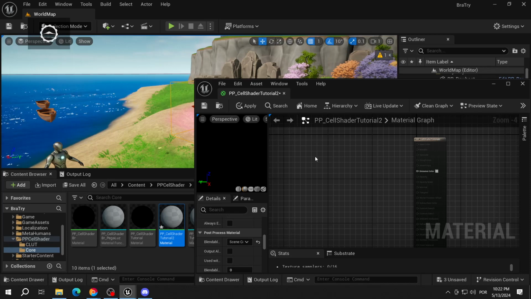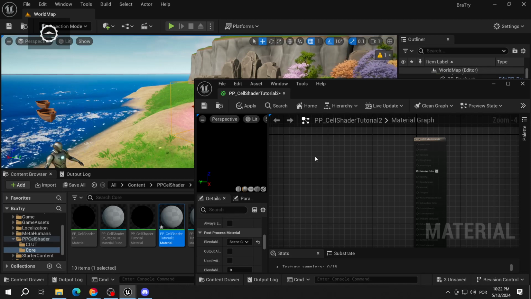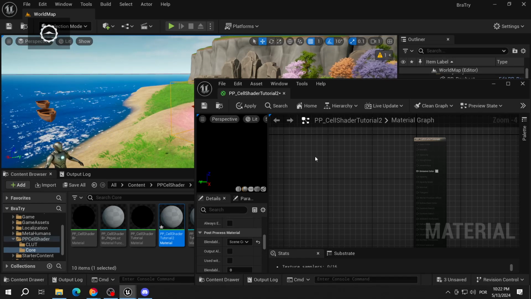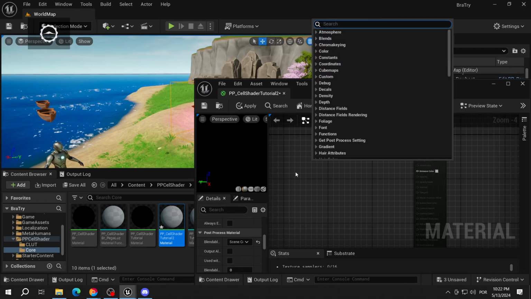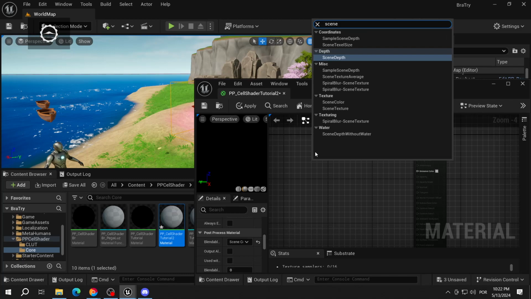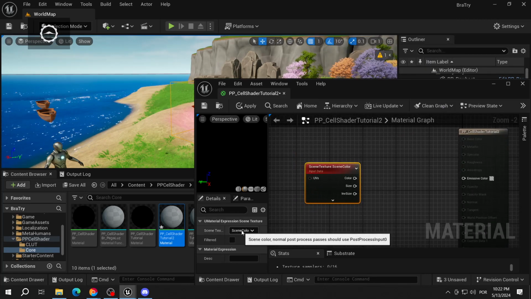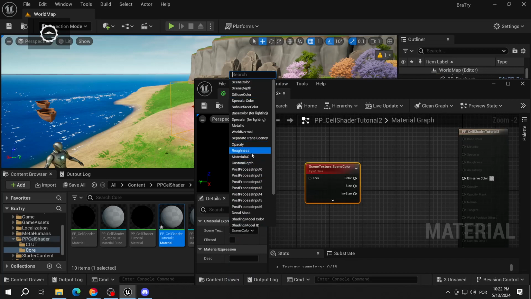So as I said, the shader receives an image as an input and outputs another image that we changed. But that's not all it receives. Our shader, our material, is going to receive several things as input. We can get those parameters, those values from Unreal using this node here, scene texture. This scene texture node has several types, and each type is going to bring us another parameter. So we can get the scene color, scene depth, so basically how far away the pixels are from our camera, the diffuse color, which is the usual lighting color,